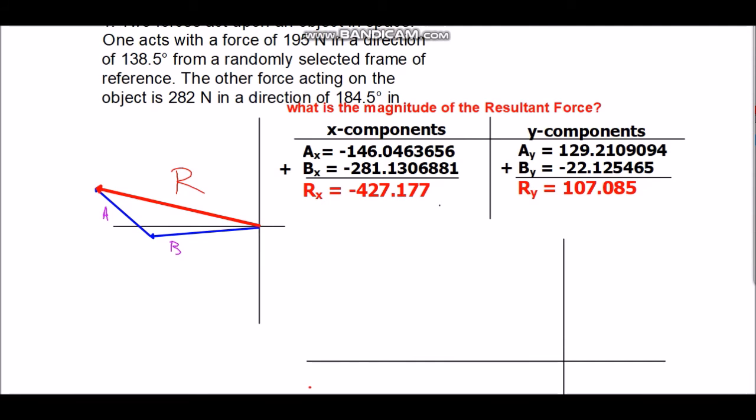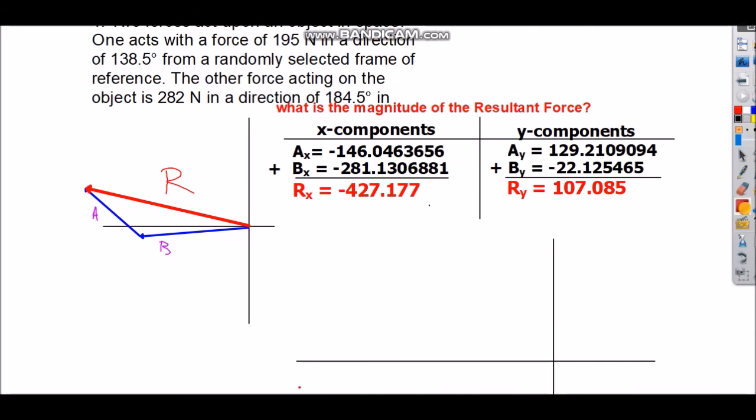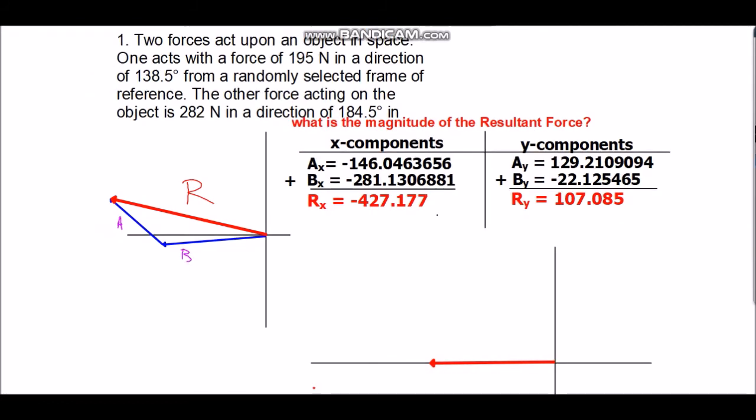And so what we've done is now I have two sides of a right triangle. I really don't care about this original tail to tip and this complicated triangle. That doesn't matter because now I can make life really easy. I'll create a new xy axis, and because it's negative, it'll go in this direction. Okay, so that would be my x component, which is the